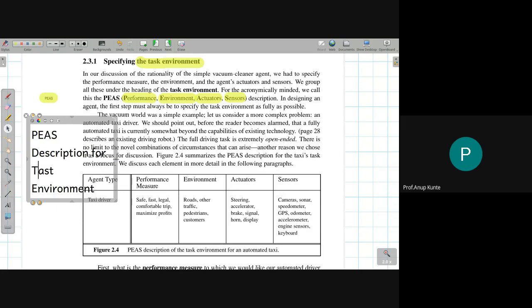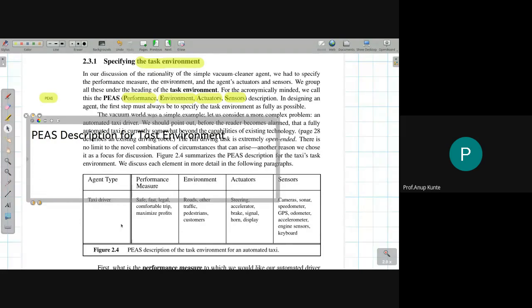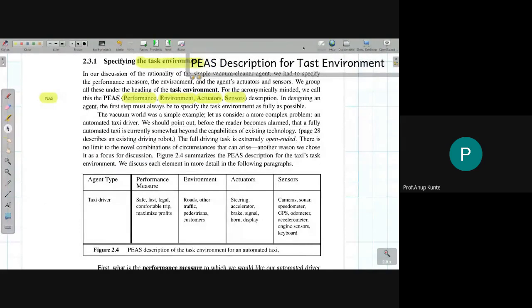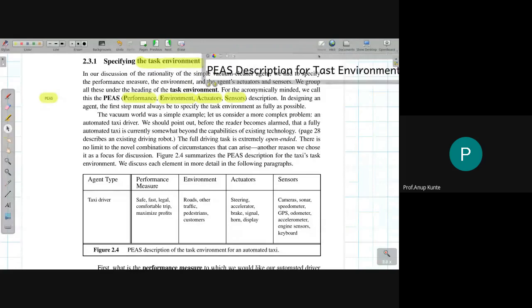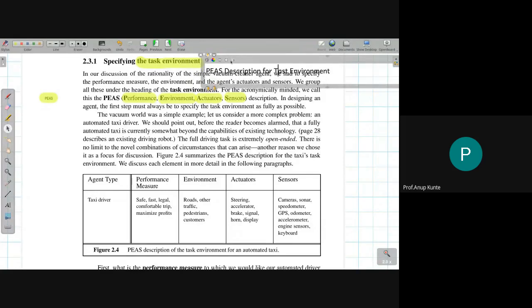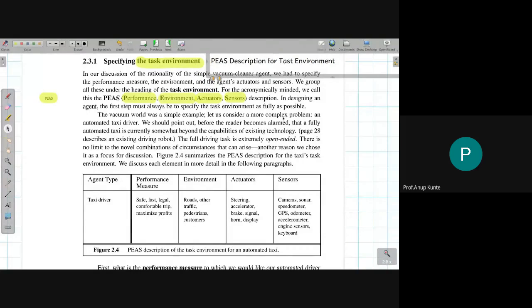Okay, so I guess I've tried to make you aware how this is related to the rationality principle or rational behavior. So this is called PEAS description for task environment, or sometimes also referred to as agent task environment. This is for only rational agents. General agents that you are using in programming, general purpose programming, they may not be intelligent, so you may not think of them always in this manner.